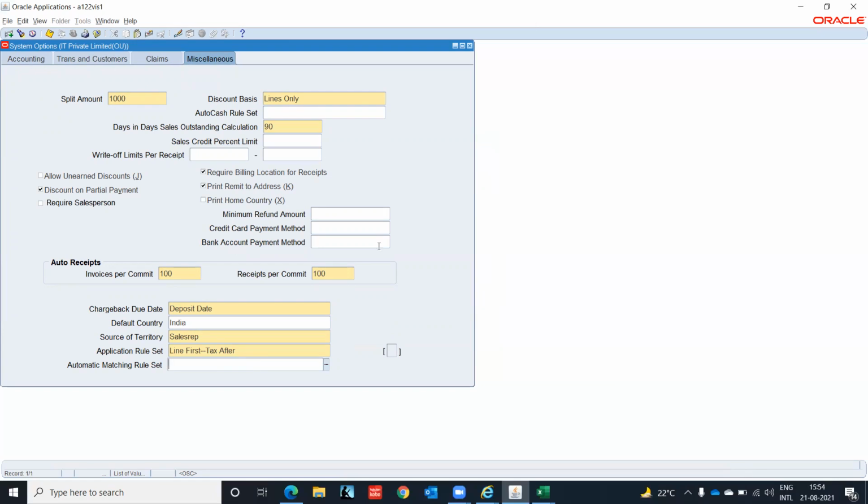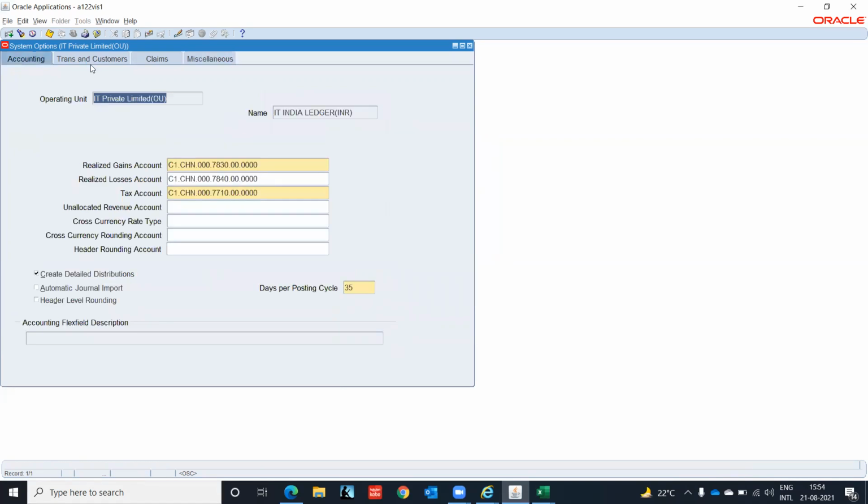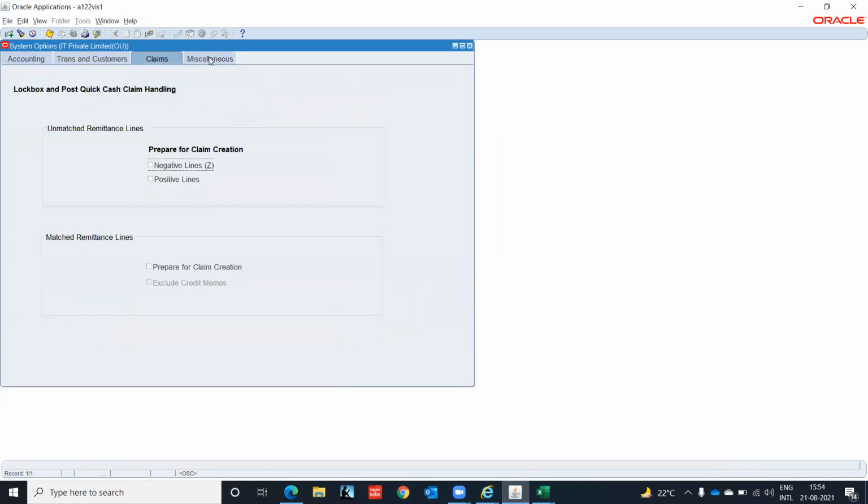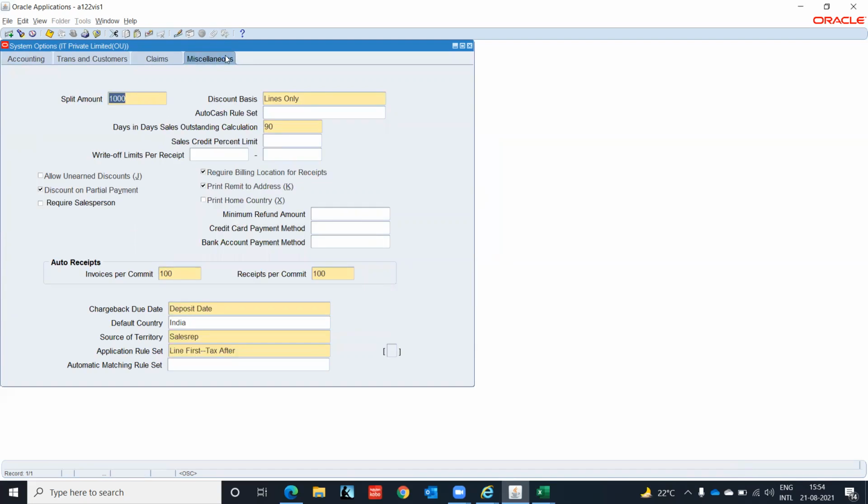So this is it, the system level setup. These are the basic setups, nothing much to do. And we can change this later also. These are just some basic setups for when some accounting has to happen automatically. So we have defined our system options. Now we proceed to